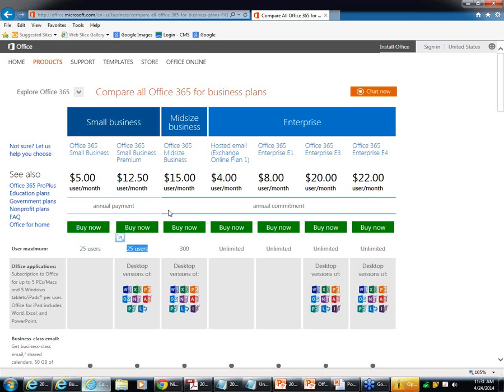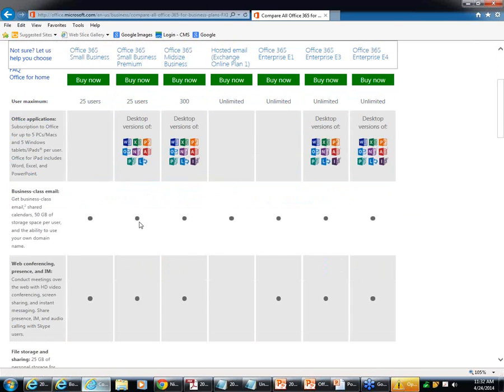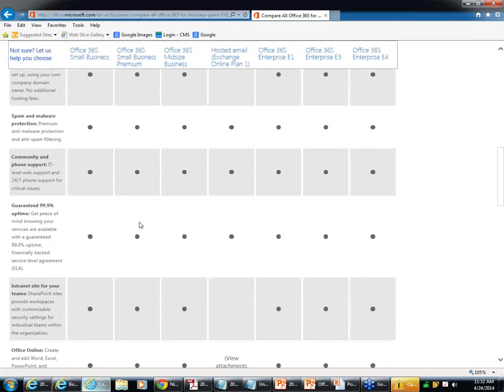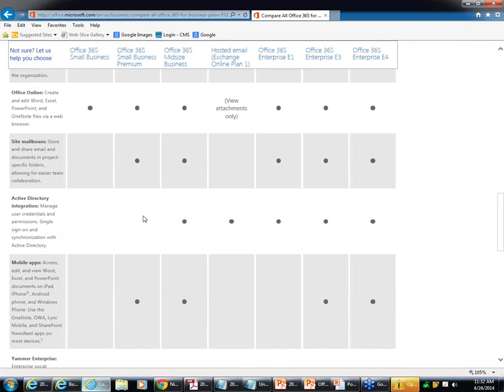So 25 times $12.50. Okay, now because you have the Small Business Premium package, they're going to throw in the desktop versions of those products. That's Office 2013. Okay, and you can see down below what other features come with it. All those dots there will indicate. Now, there is no Active Directory integration.